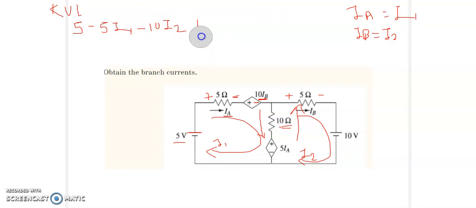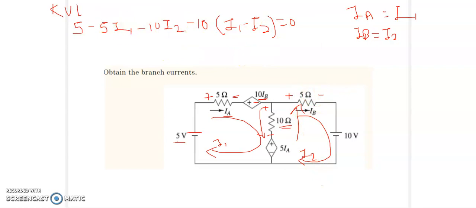For the difference, I have to find out which current is greater and which is smaller. As I am writing the equation for loop number 1, I will assume the current I1 to be greater than I2, because of which the current flowing through the 10 ohm resistor will be I1 minus I2. The voltage drop, as I1 is now greater, will have the sign plus at entering, minus at leaving. So it will be minus 10 times (I1 minus I2), equal to 0. This is the KVL equation for loop number 1. Now I will have to simplify these terms, solve the brackets, and get equation number 1. We will see the simplification afterward.